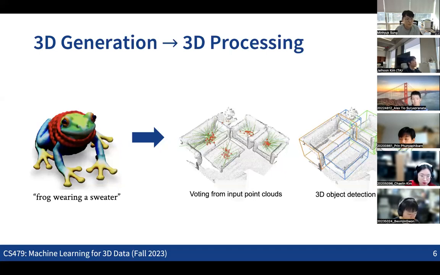And today we are going to switch gears and discuss more topics about 3D processing. We're going to discuss some of these topics over the next couple of weeks. We previously discussed PointNet and all the variants of PointNet, which were networks that we can use to solve classification and segmentation problems. And today we are going to discuss some ideas about 3D object detection and segmentation, which are fundamental tasks in many vision problems.